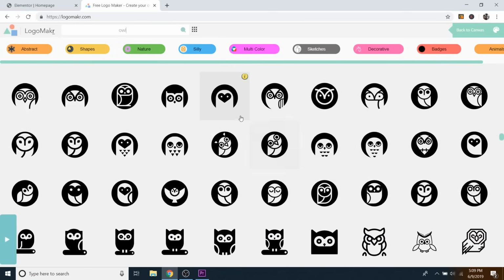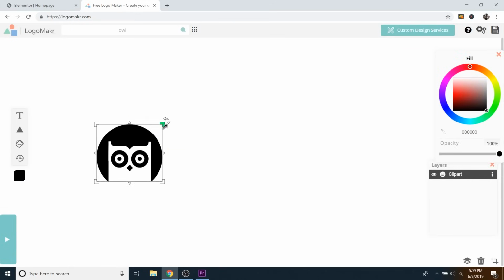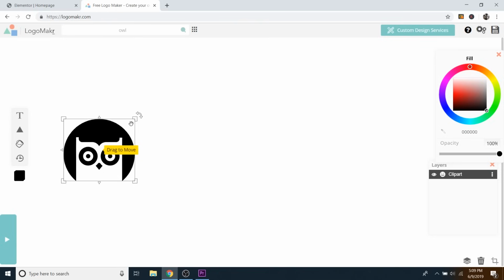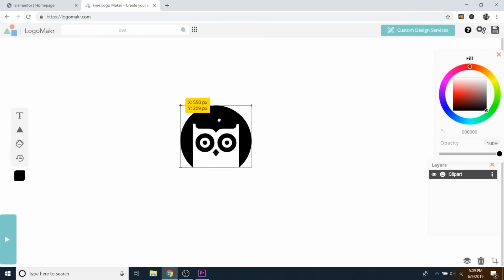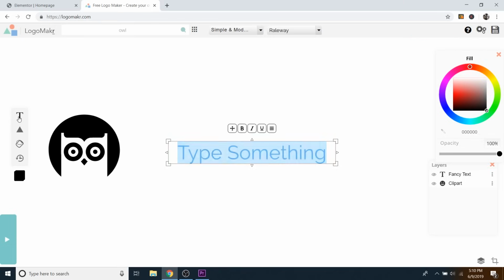Usually simple is better. So let's just go with this crazy looking dude here. And then I will just drag that up a little bit, move him off to the side. And you can do that just by clicking and resizing, or if you grab right in the middle, you can move it around. And then I'm going to click on the text, and then I will just type something in here. So I'll do night owl,